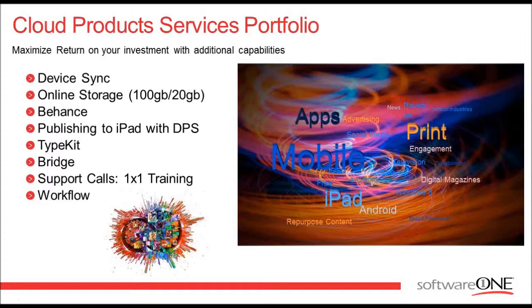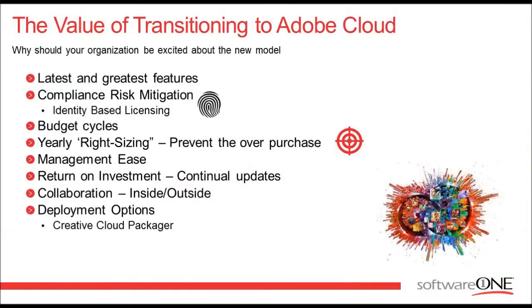Cheers. Okay. All right, so next we're going to talk about what is some inherent value that's within the cloud product and just the subscription model as a whole. So number one is you're always latest and greatest with software and features. So the way that Adobe is going to facilitate releases now, instead of packaging into full version releases such as a CS6 or a CS7, as soon as any of the product teams develop a new feature, it becomes immediately available to the cloud product and end users. You don't need to deploy the new features, but they're immediately available to you.